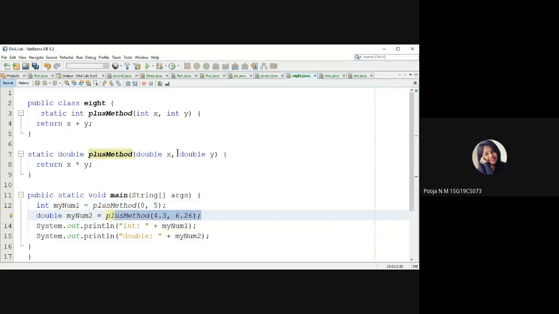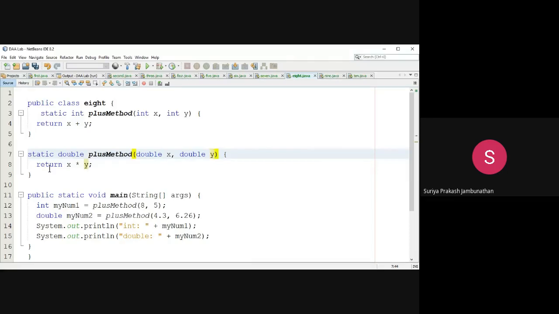The second one. So what is the x value? 4.3 is the double value, so 4.3 will be the x value. What is the y value? 6.26. Very good. So we are multiplying 4.3 with 6.26.